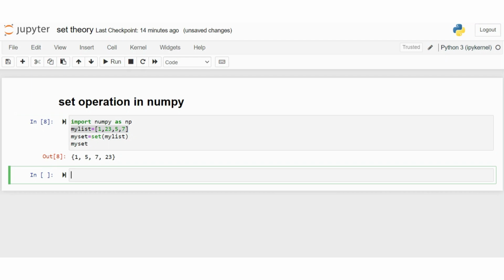The first set operation is union. Union means a collection of the elements of two sets. Do not repeat the elements; duplication is not allowed.